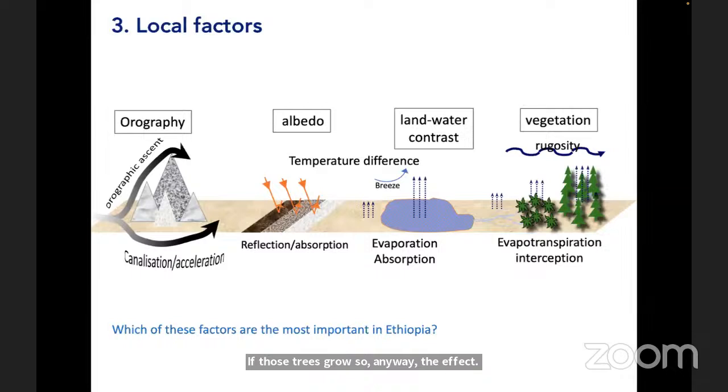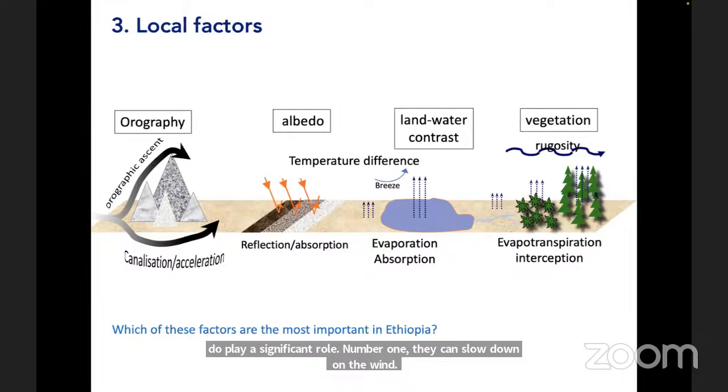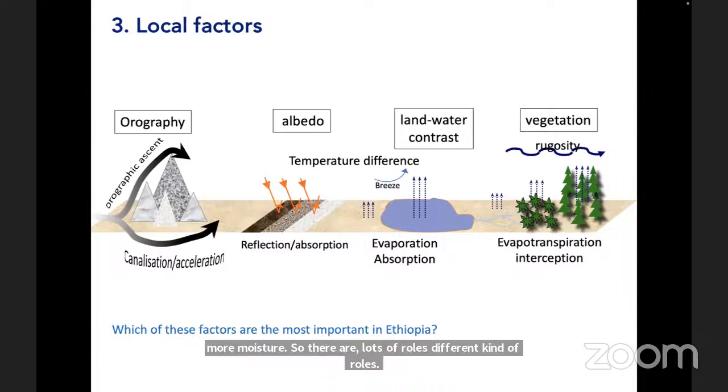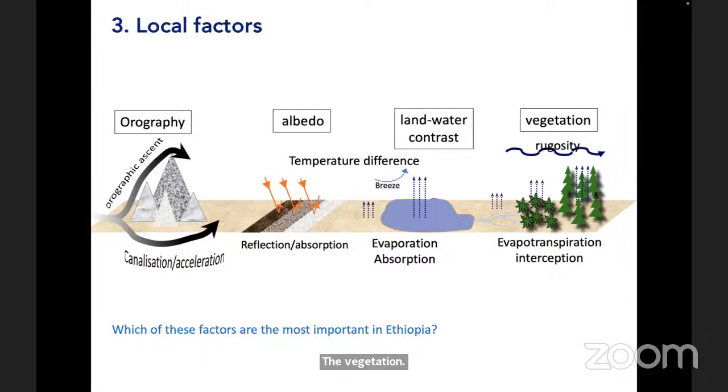Number one, they can slow down the wind, which could lead to increased rainfall. Of course, the evapotranspiration from those trees can provide more moisture. So there are a lot of different kinds of roles vegetation can play. If you compare a city with trees and a city without trees,